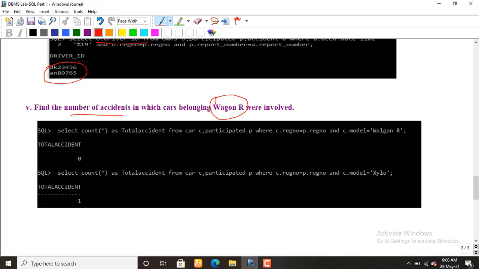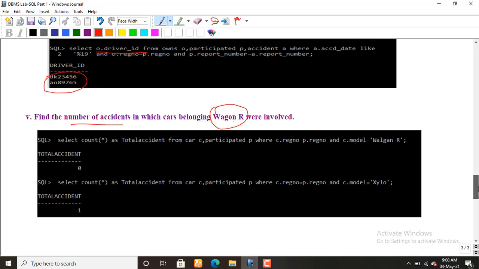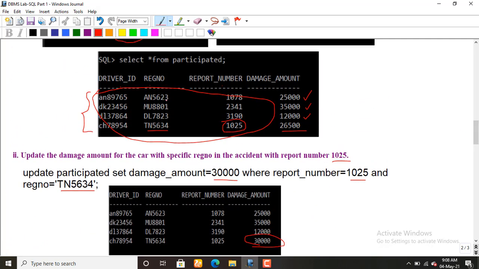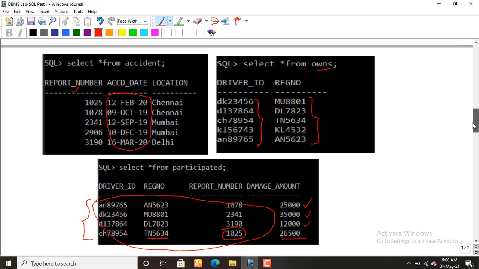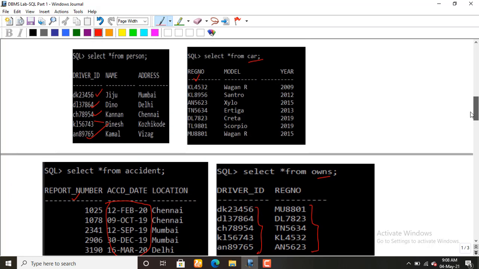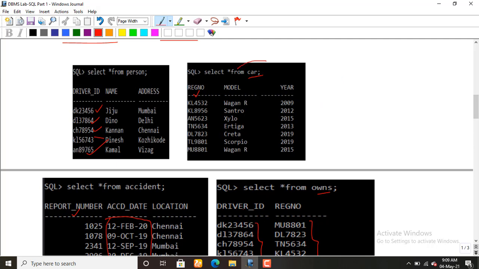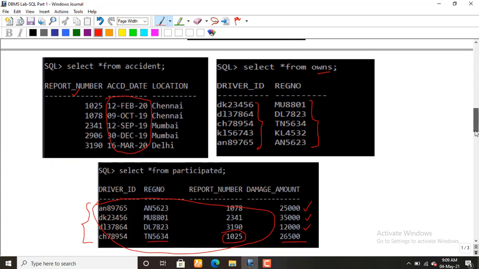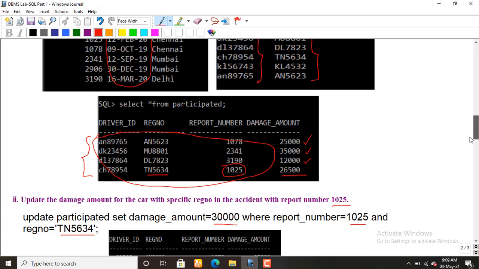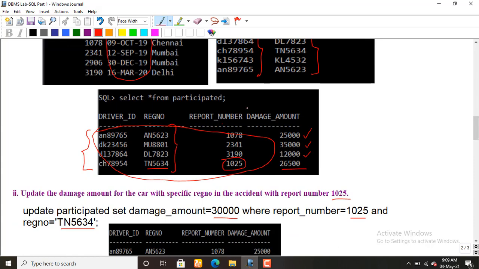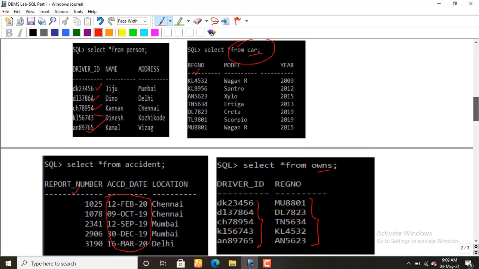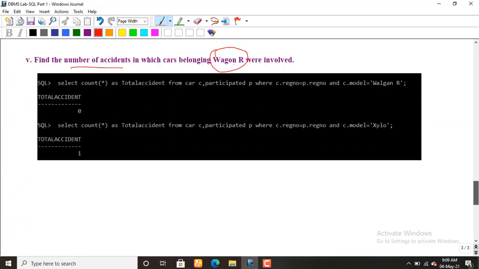This is the particular model, Wagon R. The model appears in the car table, and in the participated table there is the registration number which is added over here. So car and participated, those two tables are enough to retrieve the answer for this query.